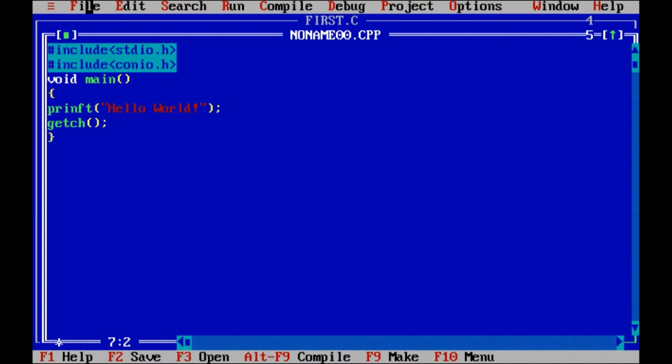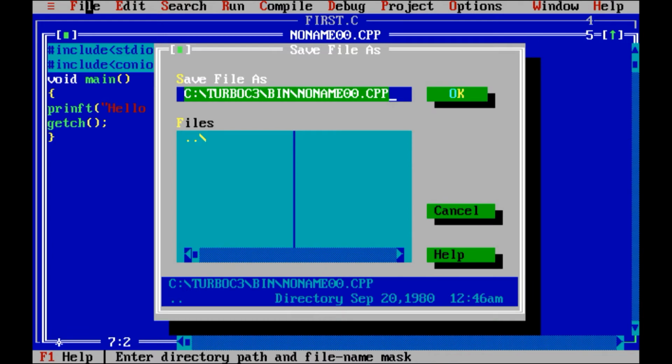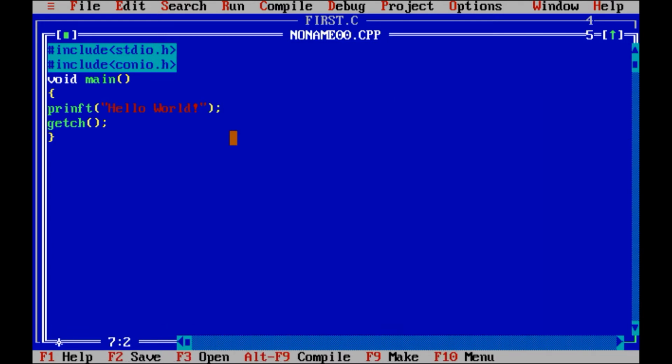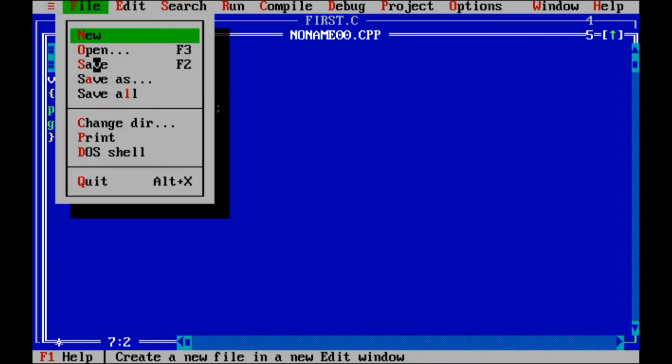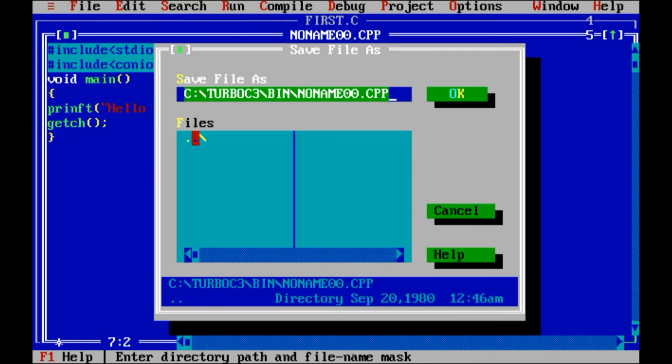The shortcut for saving this is F2. Use F2, delete this no name and write the name of the program. Suppose we write hello world.c. As you have written the program in C language, the extension should be .c.